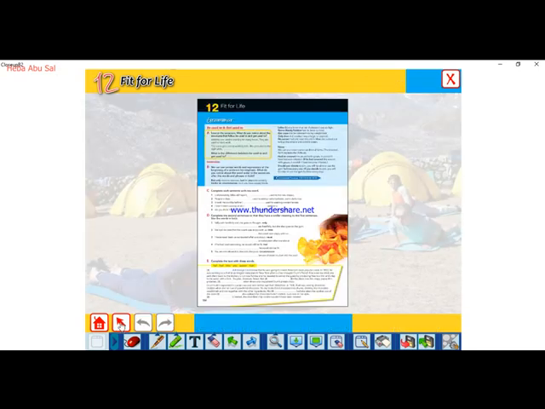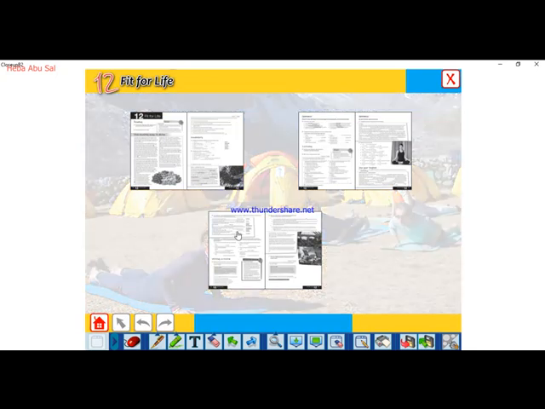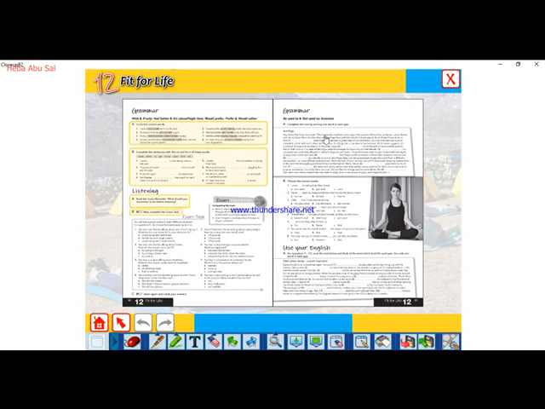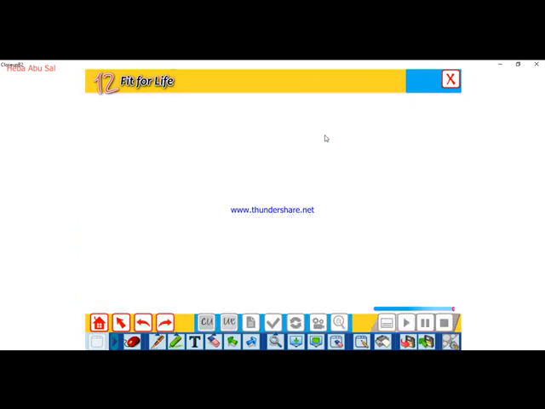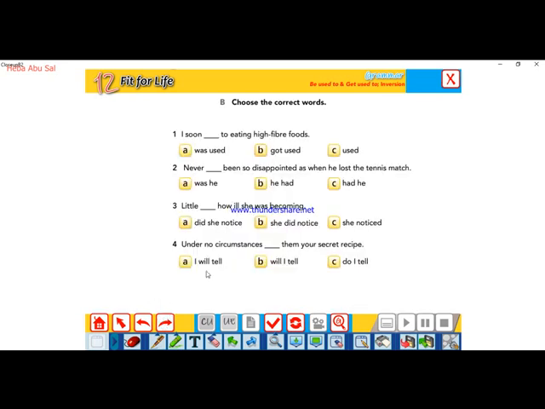Let's see the workbook. We have the grammar section here, be used to and get used to. Try to do it. I will give you the answers in the same way. Please do the things that are with be used to and get used to. Don't do the things that are related to the inversion, because we did not